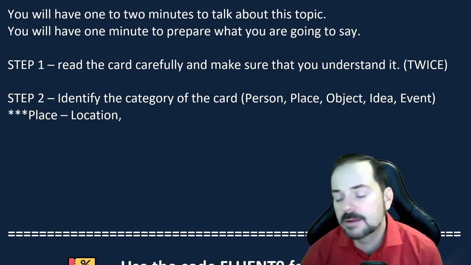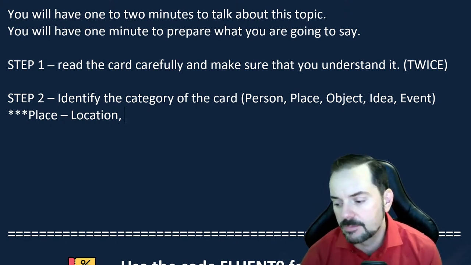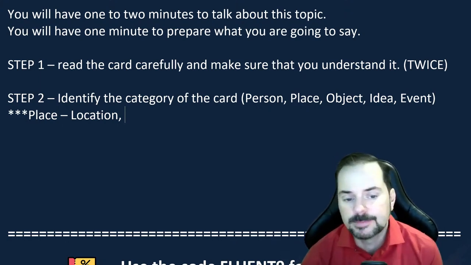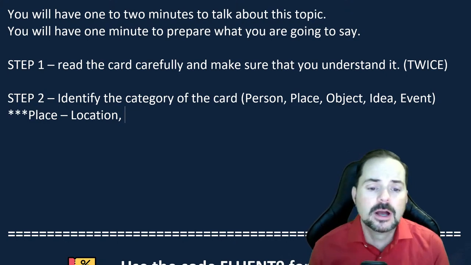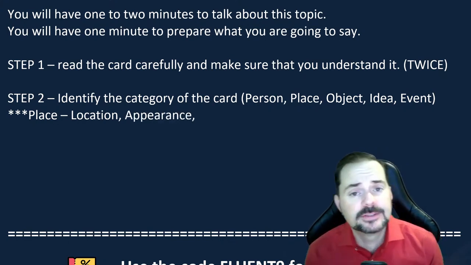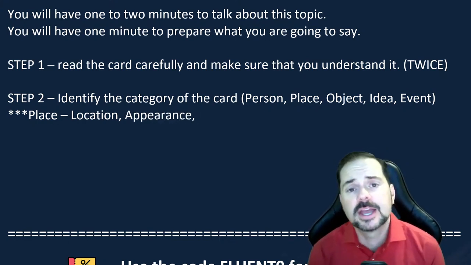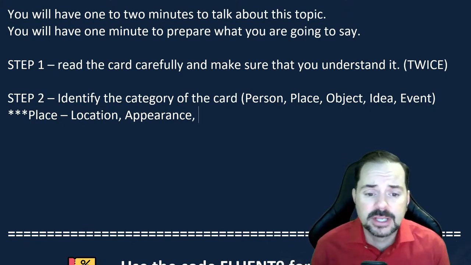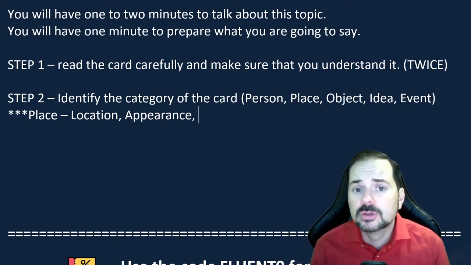Well, so first we have the location, okay? So where it's located, what the place is and its location, right? And then we have the description, right? The appearance, just like with a person. A lot of people forget to describe what the place looks like and it never really materializes. It never really becomes reality, right? So describing the look of the place is quite important, okay?